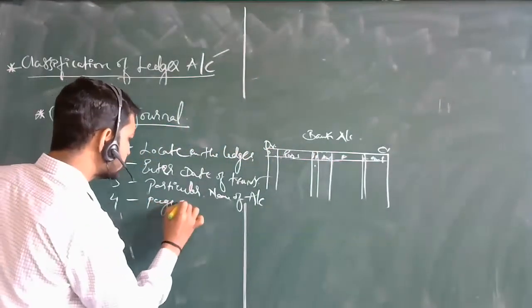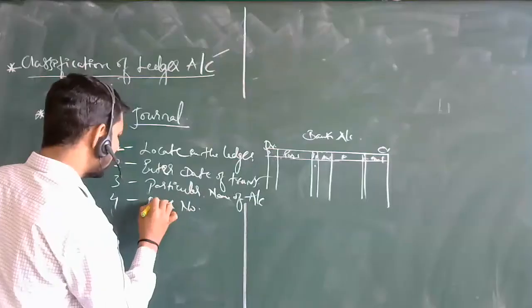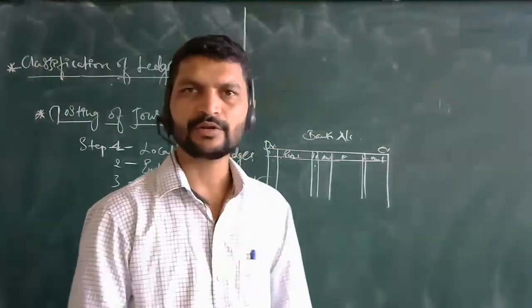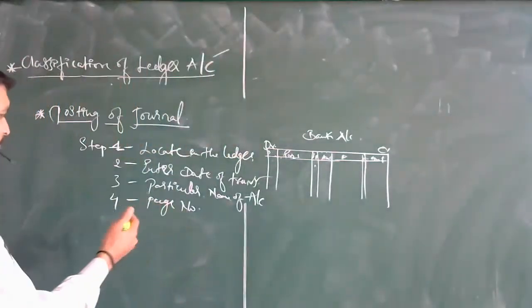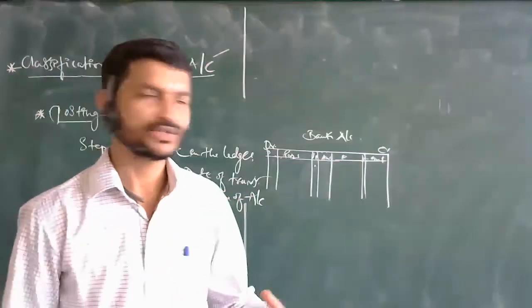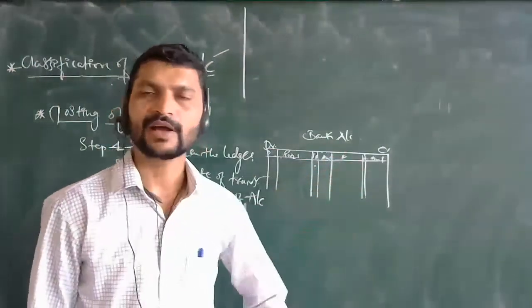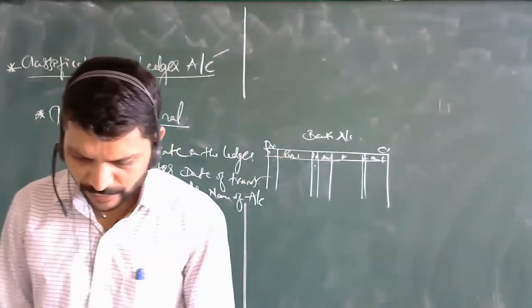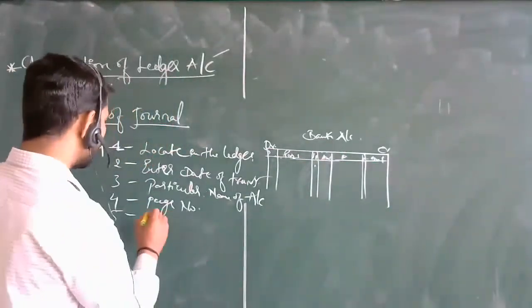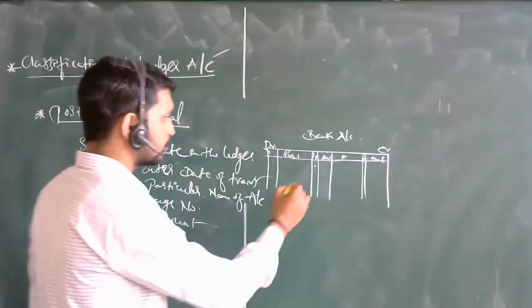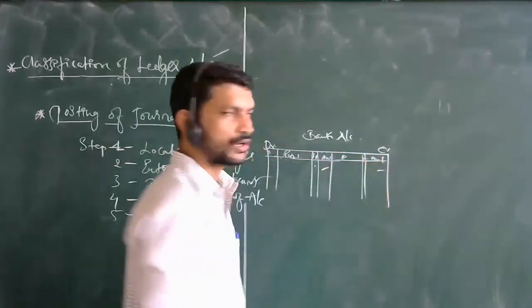Already we have discussed this part. We know these things, but this is a kind of revision of the earlier topics, just like revision we are doing. Then the last one, the relevant amount. The last one will be the amount. How much amount took place in the transaction, you mention in this column.